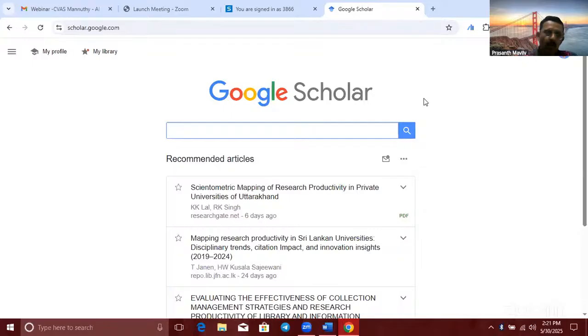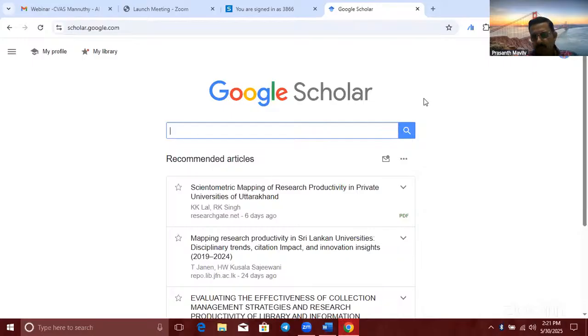It will be almost around 150 million to 250 million records in these types of tools. But in Google Scholar, we have about 400 million records, which are relevant to our field of study.